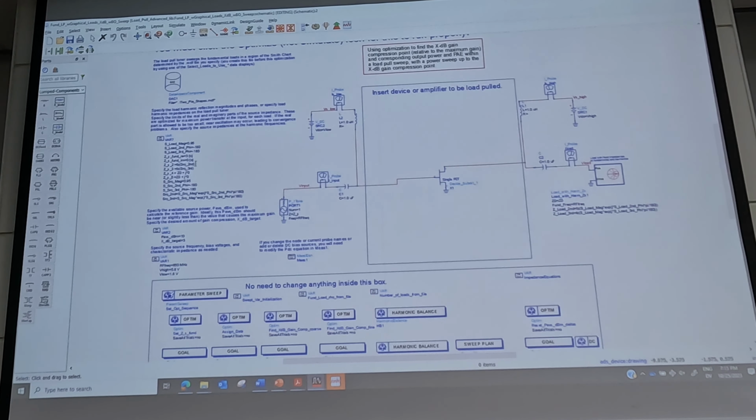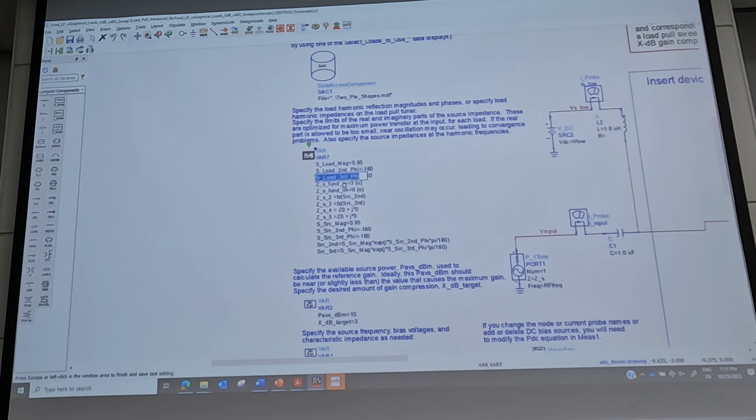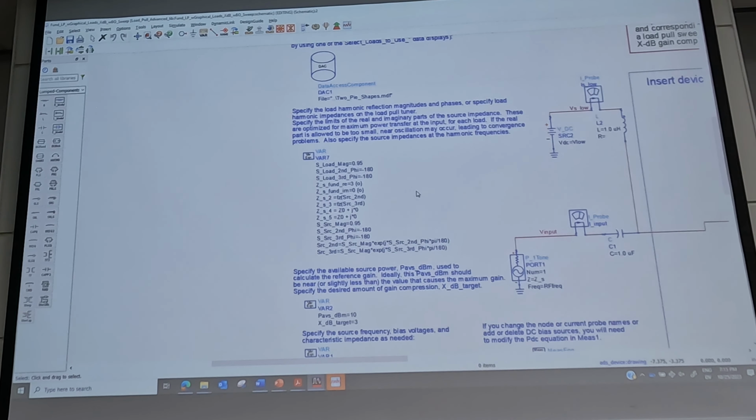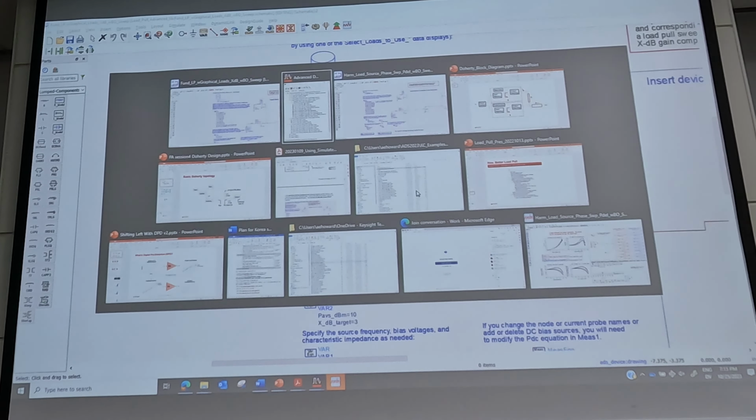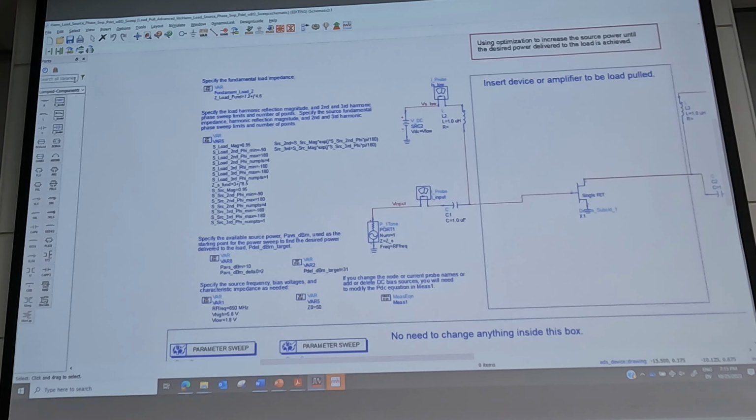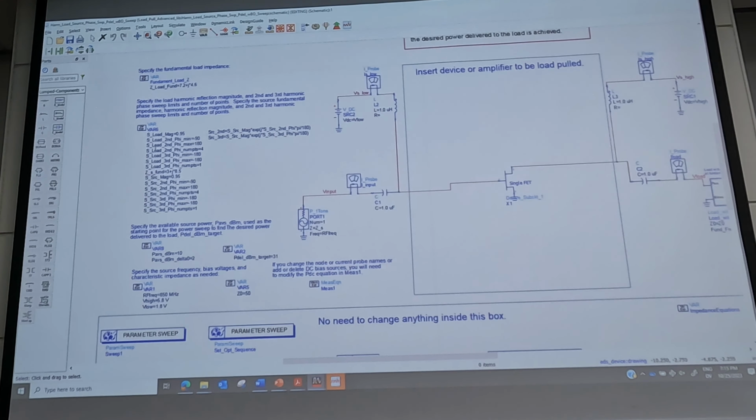So there is an automated adjustment of the impedance at the fundamental, the real and imaginary parts. That's different from the other setups that I showed earlier that are part of the original load pull design guide. They have a constant source impedance, whereas this has an optimization of the source impedance. And I was just going to mention, this setup has the harmonic phase and amplitude sweeps.